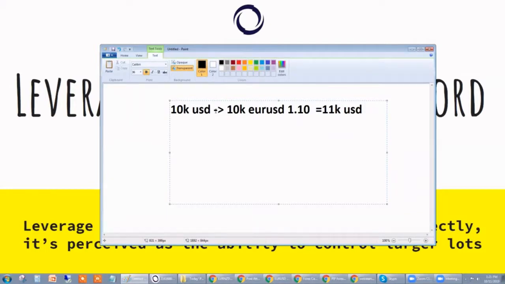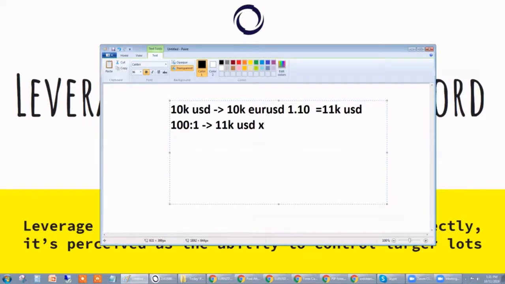So following the example that I just demonstrated to you in the prior slide, let's just say that you choose to trade with a leverage of 100 to 1. What it means is that the broker will only require a deposit of, so initially we were supposed to spend 11,000 US dollars to own 10,000 units of euro US dollar. But since we are using 100 to 1 leverage, then we are only going to need 11,000 US dollars multiplied